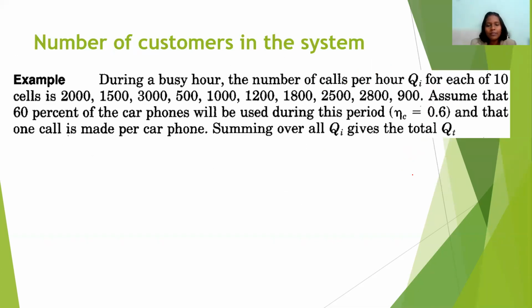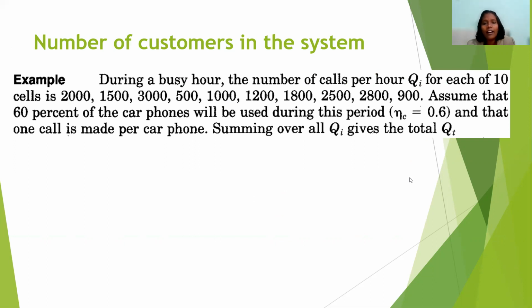Okay, so number of customers in the system. How to calculate the number of customers? There again, we face many problems because we need to serve as many subscribers as possible. When we design a system, the traffic conditions in the area during a busy hour are some of the parameters that will help determine both the sizes of different cells and the number of channels in them. So the maximum number of calls per hour per cell is driven by the traffic conditions at each particular cell.